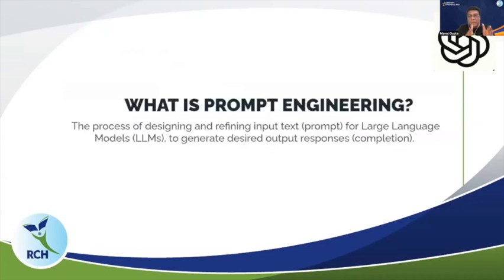All right. So the process of designing and refining the input into the large language model, an LLM, say ChatGPT, so that we get the desired output. मतलब पॉइंट क्या है? पॉइंट ये है कि जो मैं क्वेश्चन पूछता हूं उसका बेस्ट रिस्पांस कैसे मिलना चाहिए. तो ये बेस्ट रिस्पांस मिलने के लिए we have to design the input. ओके, the best input we give, we get the best output.